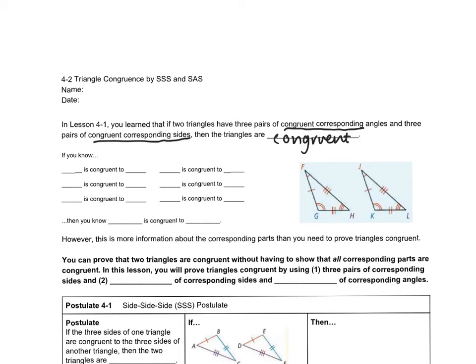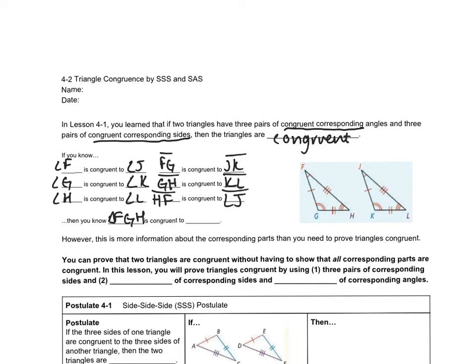Duh, makes sense, right? So if we know that angle F is congruent to angle J and angle G is congruent to angle K and angle H is congruent to angle L and FG is congruent to JK, GH is congruent to KL, and HF is congruent to LJ, then we know that triangle FGH is congruent to triangle